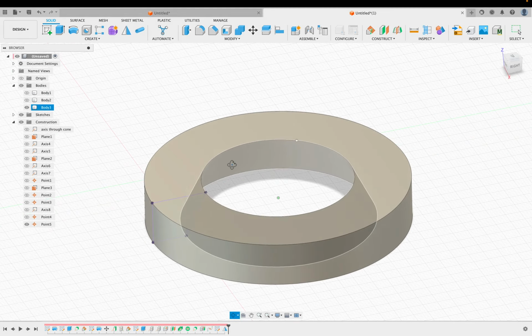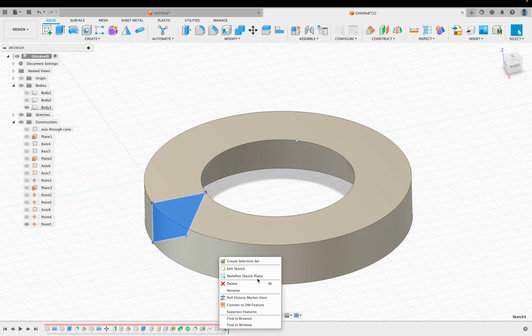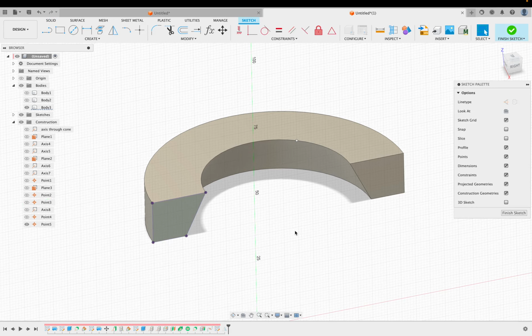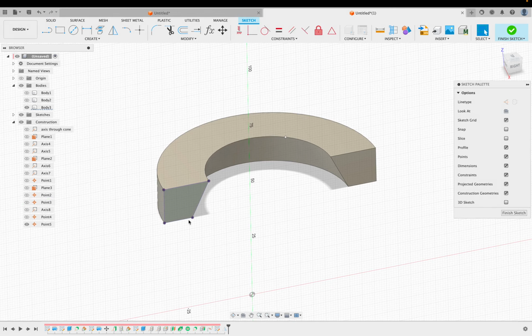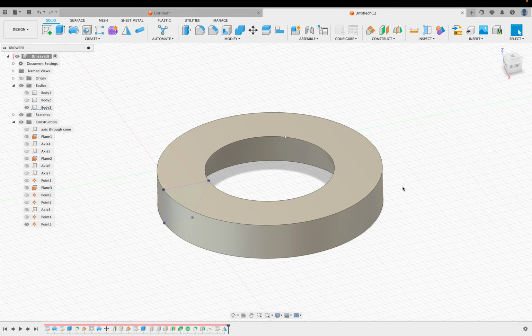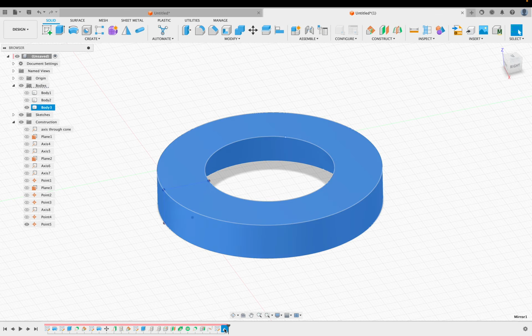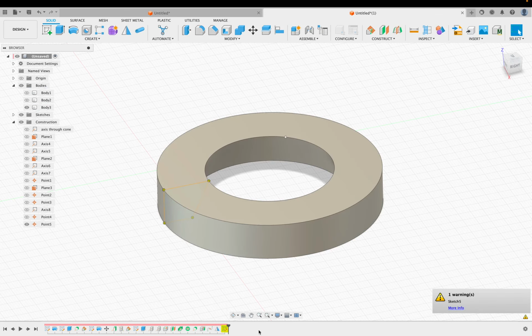Okay. But I still want to work on this projected sketch. So what I'll do is I'll edit that sketch, okay? But now the mirror is gone. So let's see if we can change places. Let's see if I can pull the mirror back, okay? Now,